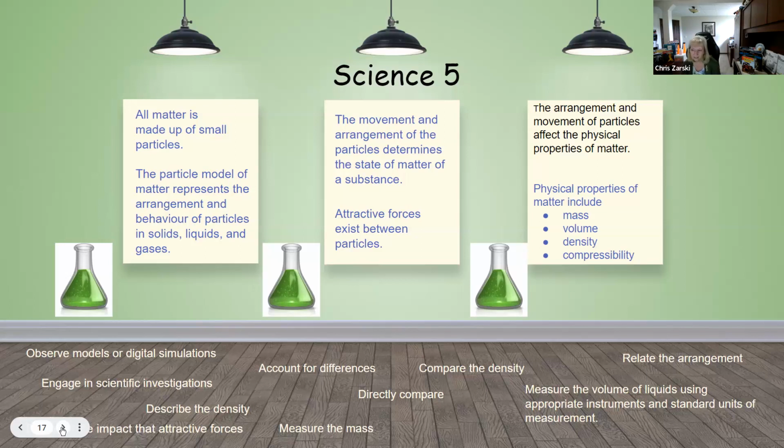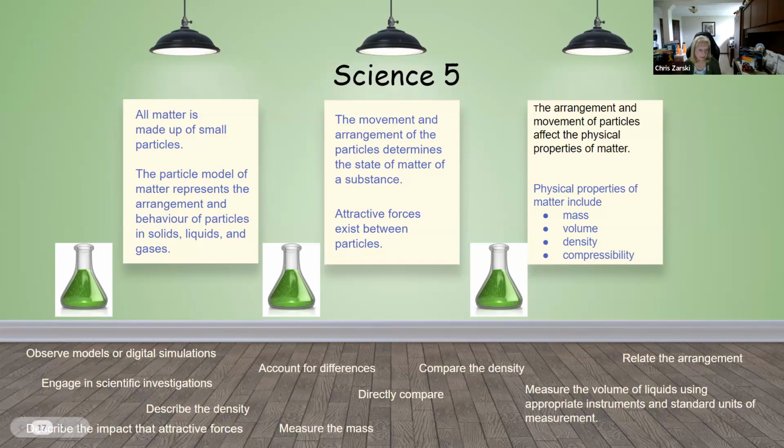So we're giving you a lot of the slides, not every one of them, but a lot of them. So really just talking again about what is matter. It's made up of small particles, talking about how those particles move. And that's really another piece that they're going to unpack here, which is the infusion of heat. How does heat make that molecule move, change arrangements? And then when we talk about the physical properties of matter, these are words that they are unpacking in grade 5. And so those are really important too, for them to really have a good understanding.